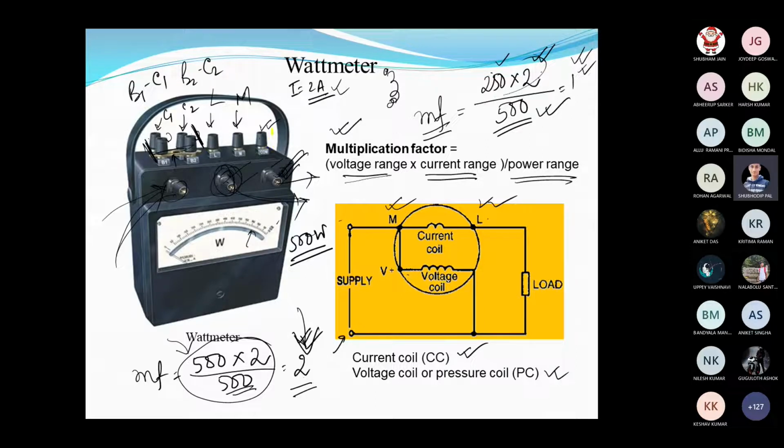So we have a common point and one voltage coil. This is the common terminal, and on this side we have the voltage V terminal. V terminal means which volt. Here you can see this one or this one or this one you will be using. So depending on that, you have to connect this one.